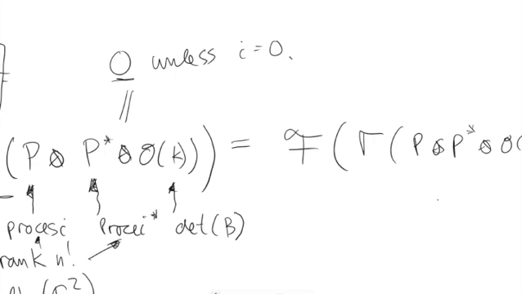Question here. Oh yeah, yes. Is the determinant of B explicitly computable or not? It is. So it's the thing